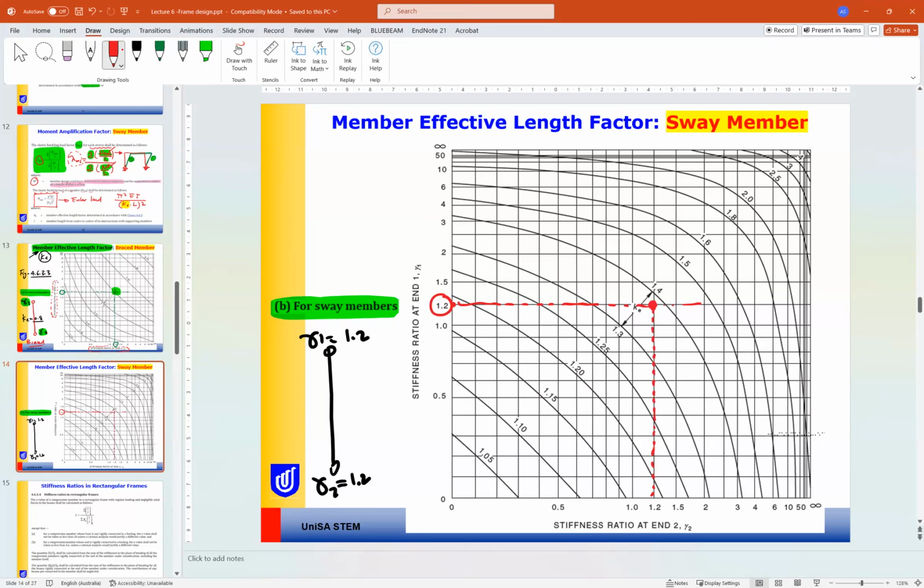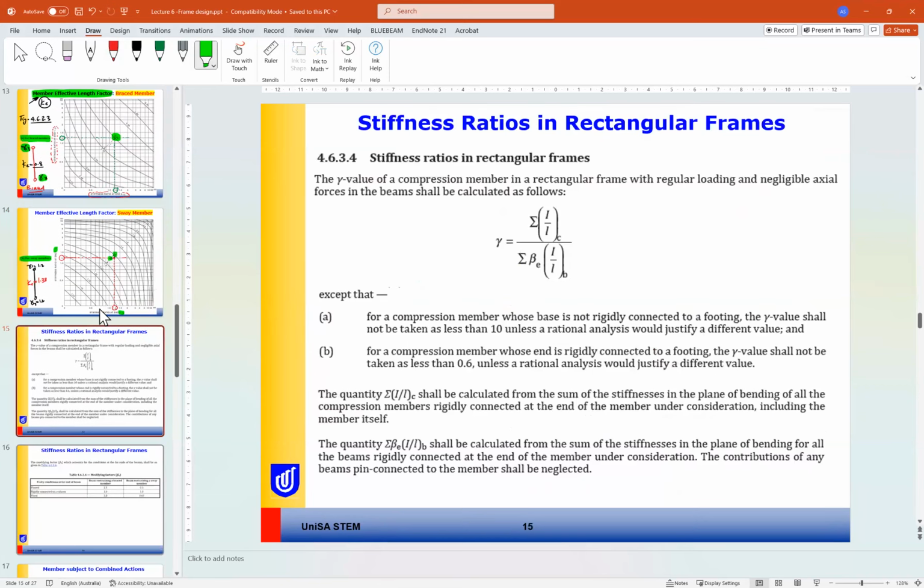So as you can see, the value here is not 0.8 because it is a sway member. So K effective here is almost 1.4. Okay, so we can take it 1.4 or 1.38 for example, because it is very close to 1.4. The idea is we need to know gamma 1, gamma 2 to find K effective 1.4. So now how to find gamma 1 and gamma 2, which is enclosed